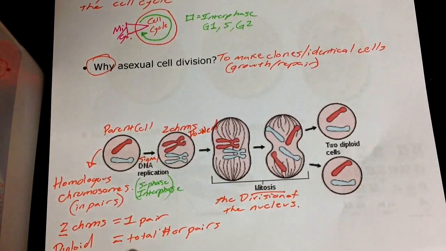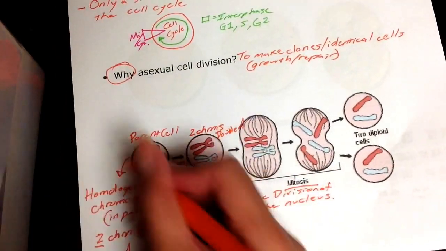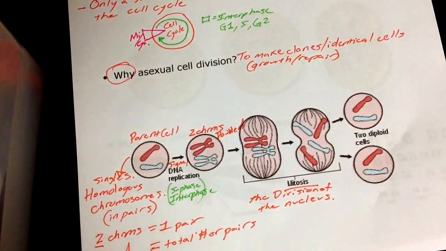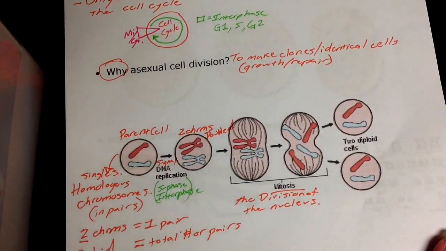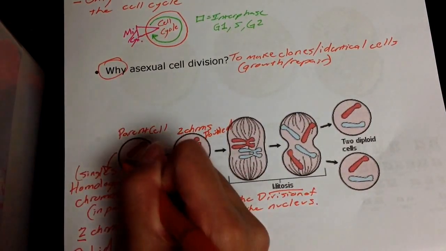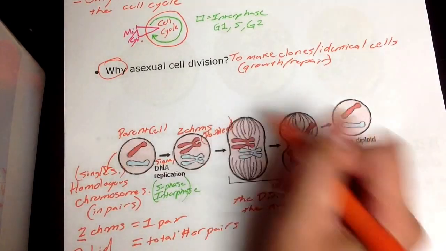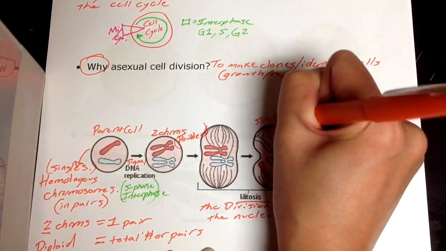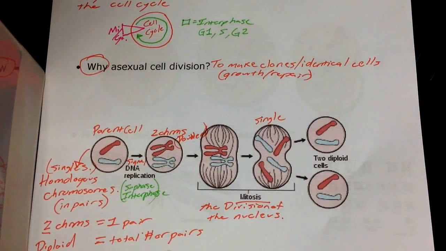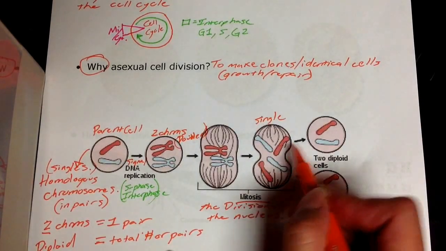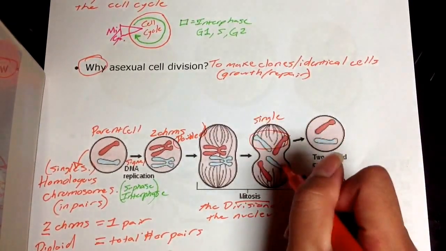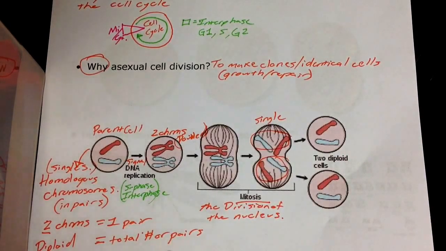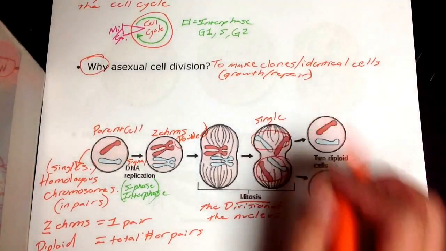And all that's happening is that our initial chromosomes that were singles have doubled, and once they have doubled, they will be single again at the end of mitosis. So notice that we have 2 chromosomes, they're going to be a homologous pair, and they're going to be individual nuclei, and they're going to be single again.